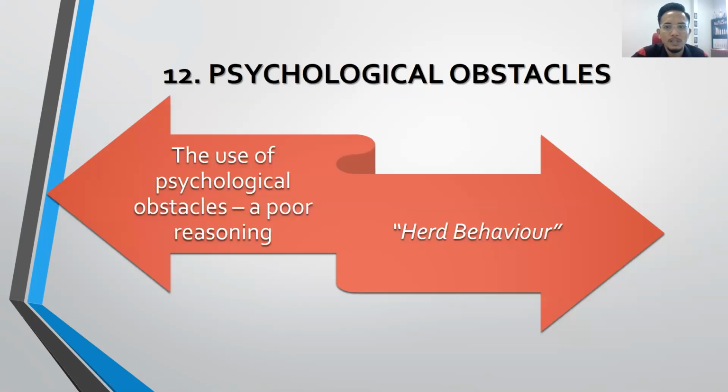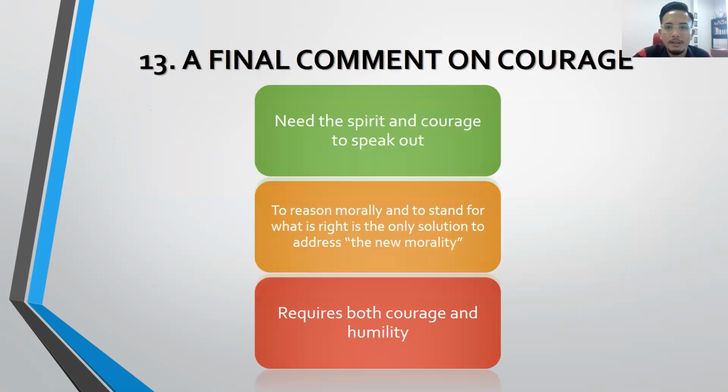Number 12, psychological obstacle. So psychological obstacle is normally someone that has poor reasoning. Dia susah sangat nak buat decision. Macam mana tend to listen to someone else. So that is what we call psychological obstacle. Someone that finds it very hard to make their decision. So biasanya orang-orang yang tak pandai lah kan. Macam mana nak buat decision apa semua, macam itulah lebih kurang. That's why kadang-kadang this person tends to listen to someone else when they want to decide something. That's why poor reasoning.